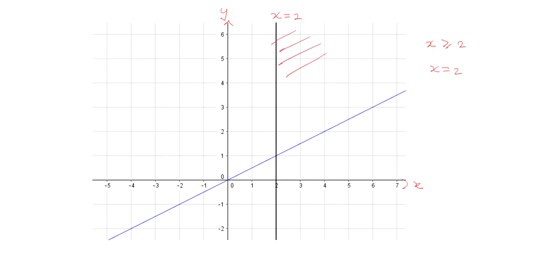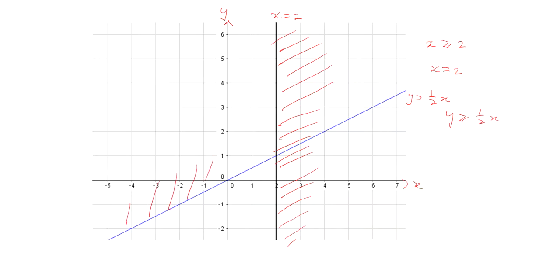That is this region here. Right? And remember this line here, the blue line, that was supposed to be y equal to a half x, and the inequality was y is greater than or equal to a half x, and the shaded region for that was this. Right? So we have a third inequality now,